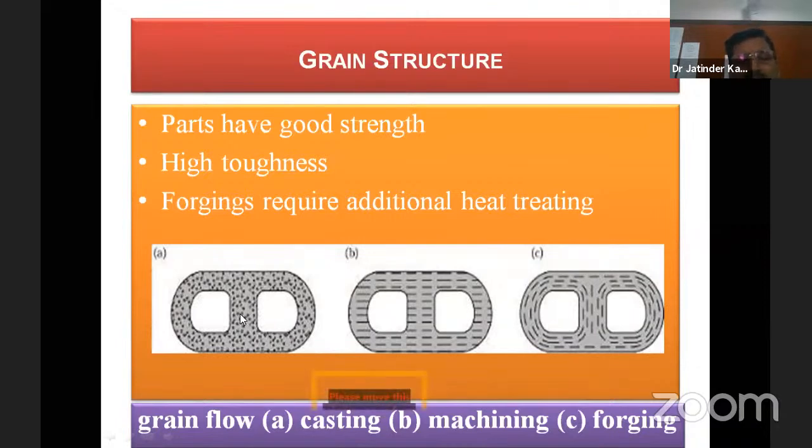Mechanical and other students in the other branches also must have knowledge, because each material has a certain grain structure. So if you see,